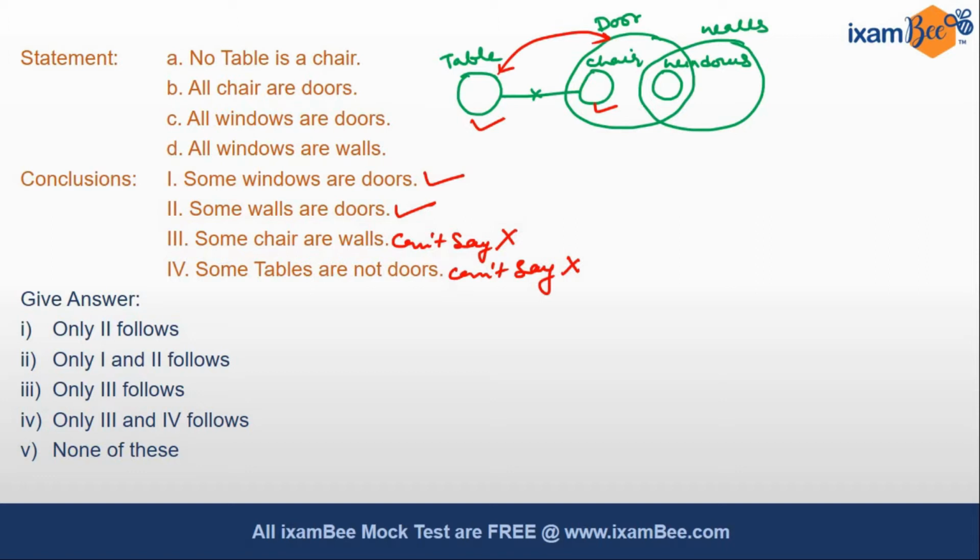Now as we have seen in our previous example, whenever it's a case of can't say, we have to check for the either or option, that is the complementary pair. So if you see the second condition for the complementary pair, that is, the elements in both the conclusions should be the same, it is not being met here. Here are chair and walls, here are table and doors. Therefore, the conditions for complementary pairs are not being satisfied here. That is why we'll mark our answer as option number 2, that is only 1 and 2 follow. So in this way, if your diagram is clear, you are better able to answer these types of questions.